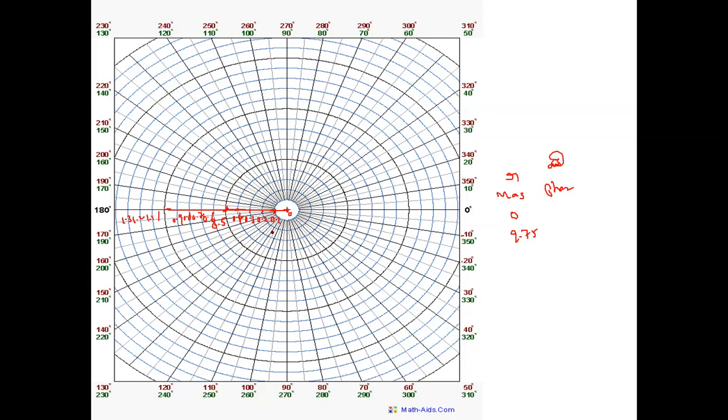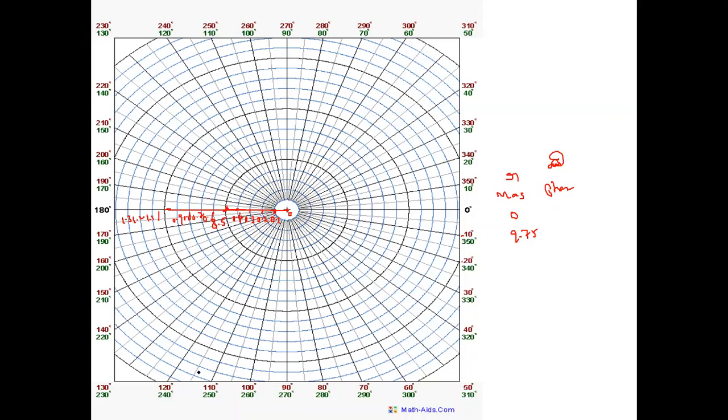Yes, sir. Now we will go to the plot. At the first value, omega is equal to what? For omega 0.1, magnitude is 9.75. I think omega equal to 0 we have not taken, right? You should take it. If we take omega 0, infinity will come. Of course, you should mention it: at omega equal to 0, it is infinity, and that we can't show on the plot. Leave it. Then next point.